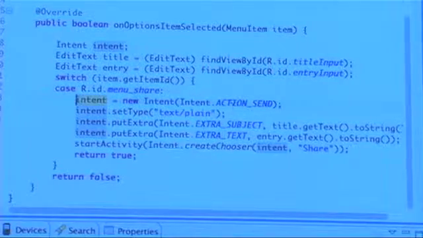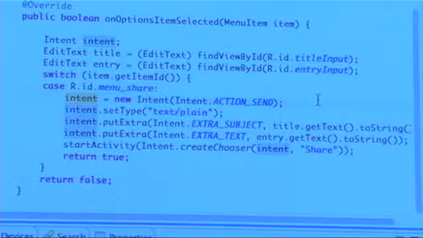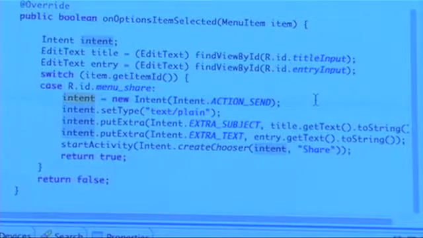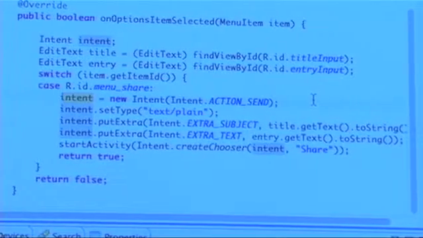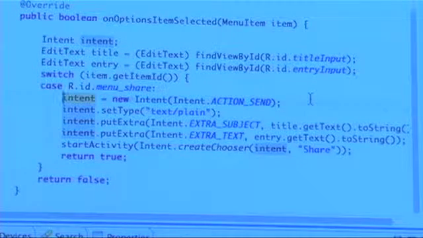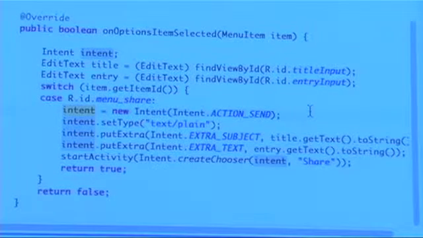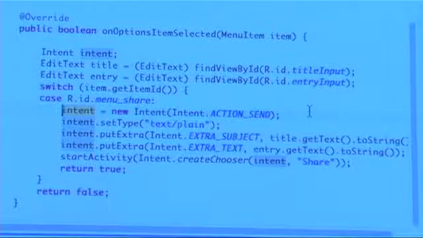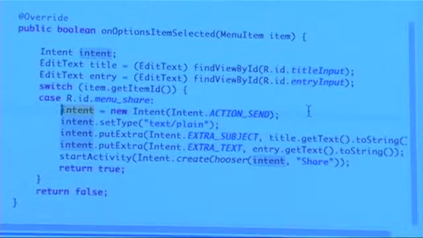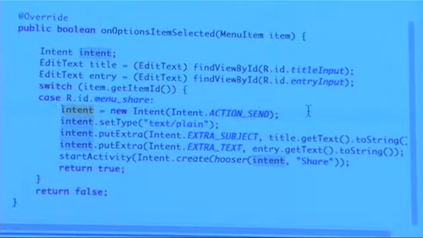So this new intent, intent.action_send, is another way for you to access another app's activities. This action_send will have Gmail, your documents, or your Google Reader. Every single social media application will be on this menu already populated. So you don't really need to worry about the APIs of Twitter and Facebook in that case when you have this